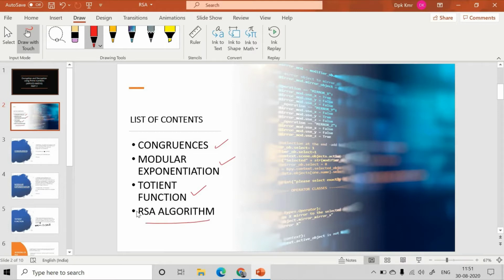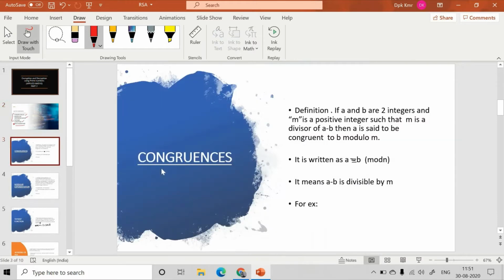In the exam, you will be dealing with numerical questions based on this RSA algorithm. So before coming to this topic, we have to understand these small topics. Okay, so let's start. The very first topic is congruences. When the term congruence comes to mind, we often remind ourselves that it must be the class 9th triangles topic, congruency, right? But it's a completely different topic.